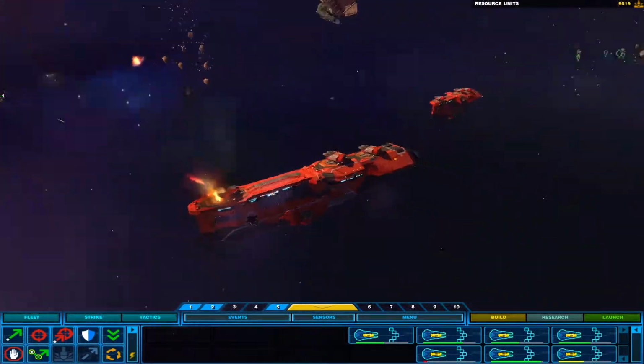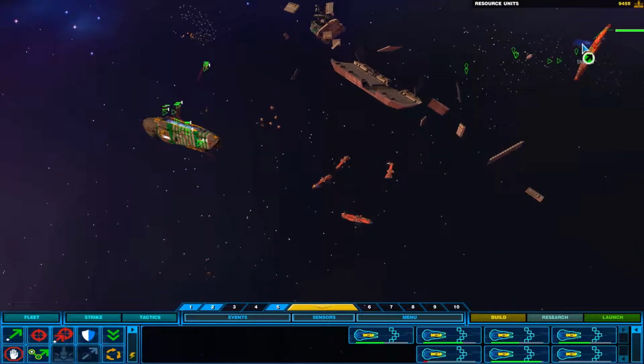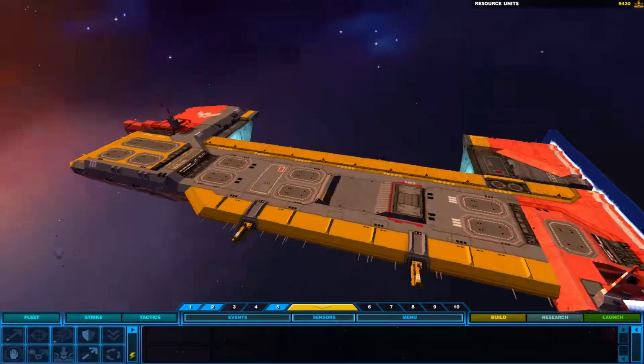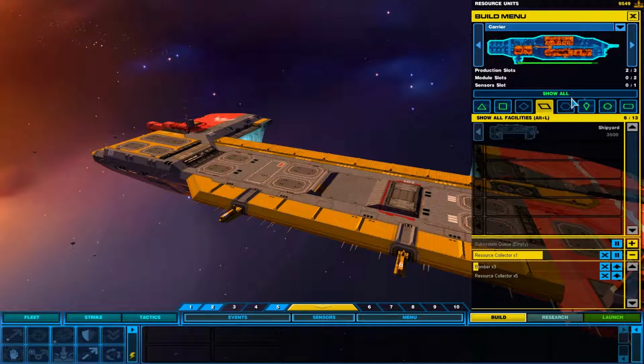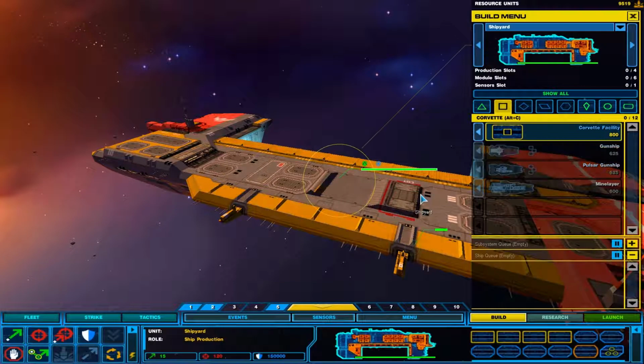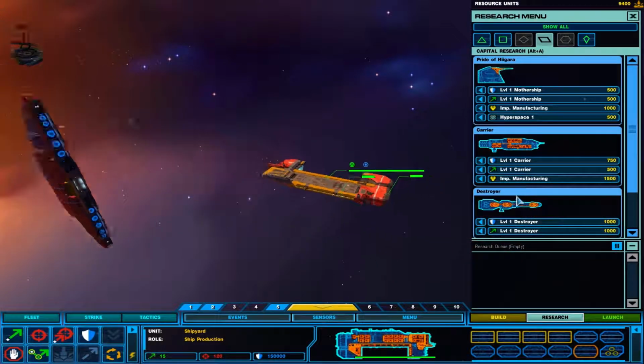Did I just hear a hyperspace? Oh, I did. Look who's here. It's our wonderful, playful shipyard. And our wonderful, playful shipyard is going to need... Come on, stupid. Why can't I select you? Okay, we're going to need that, but you know what? I totally misgauged. We're also going to need...